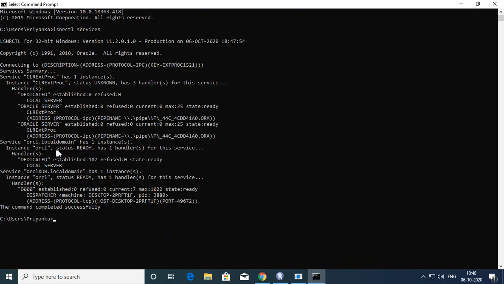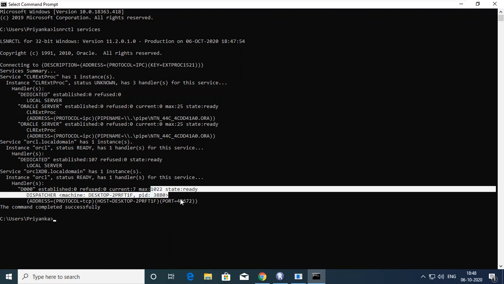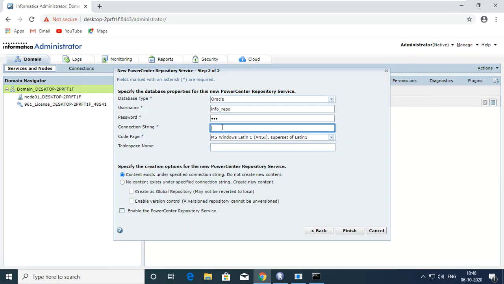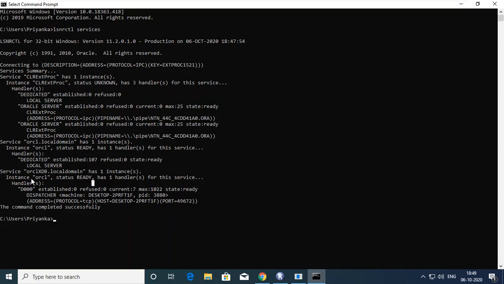Okay, so I'm going to use this one, and if you check, this Oracle instance has so many things. The process ID is 3800, and the host on which it is running is this. So this is the host, right? This is my desktop name. And if it asks for the port number further, then we will be using this port number. Fine. I'll show you each and everything. So here we have to go with Oracle, which I got from here. The instance name is also called the service name.